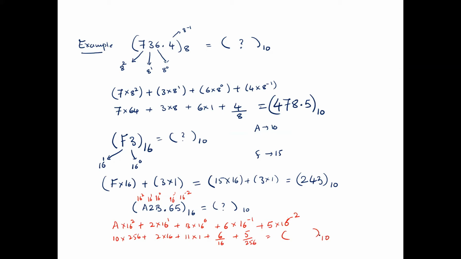This is how you are supposed to convert a binary, octal, or hexadecimal number into the decimal number system. So this is the way to convert binary, octal, or hexadecimal into the decimal number system, right? So we will see the other conversions between binary to octal, octal to hexadecimal, and all.